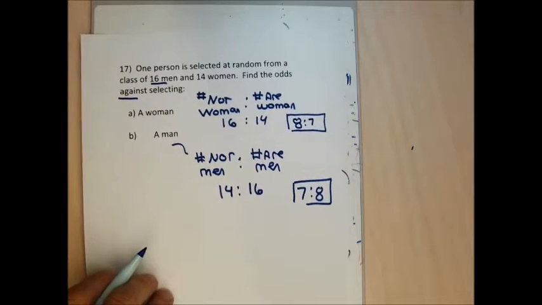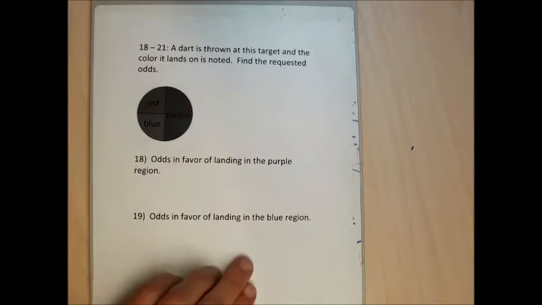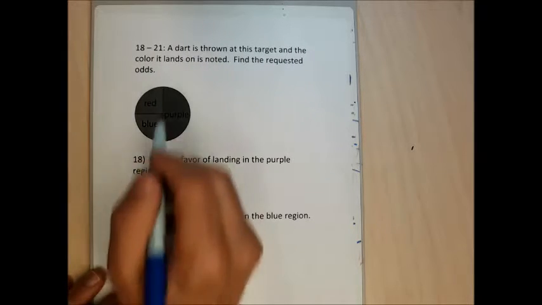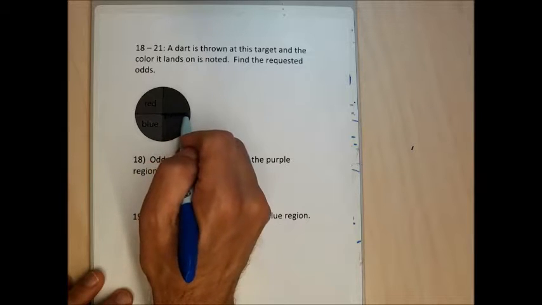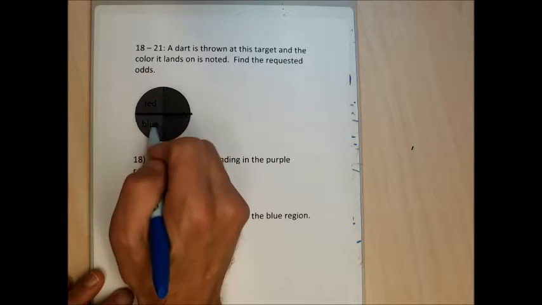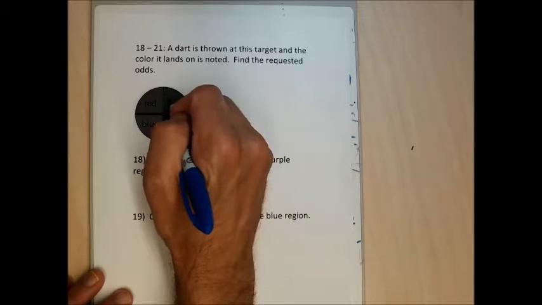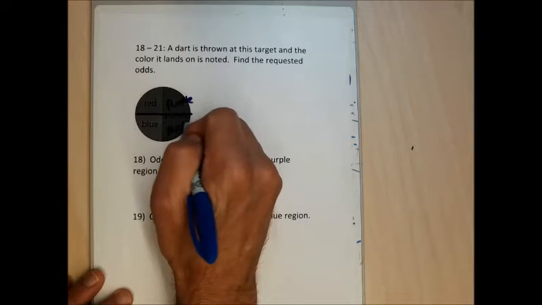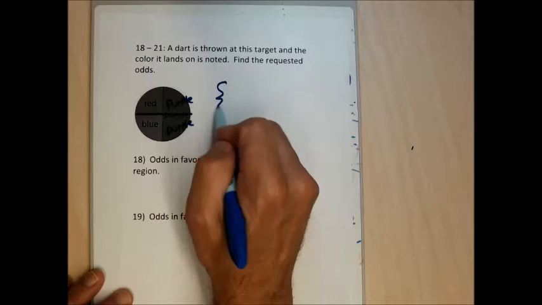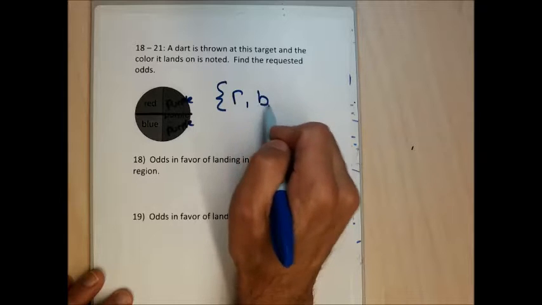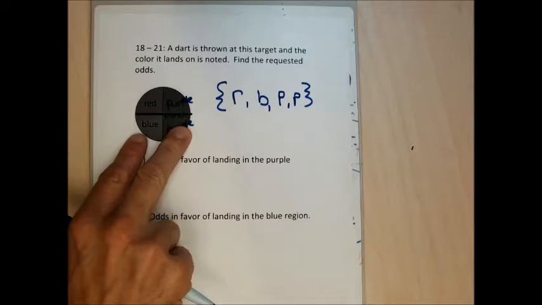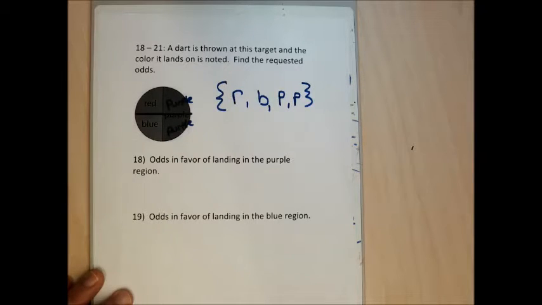Just a few more problems left to go with dartboards. So a dart is thrown at this target, and the color it lands on is noted. Find the requested odds. So my dartboard has 3 sections, a red one, a blue one, and a purple one. I'm going to need to make the sections equally sized. So I'm going to need to make this dartboard have 1 red section, 1 blue section, and 2 purple sections. That way, if I throw a dart at this dartboard, each one of the 4 sections is equally likely to